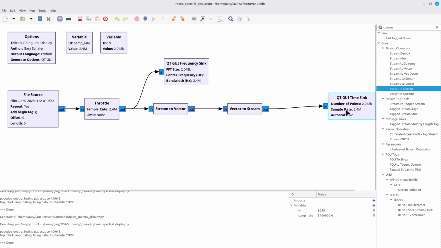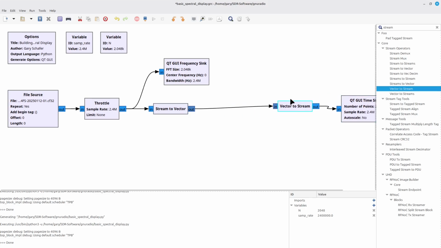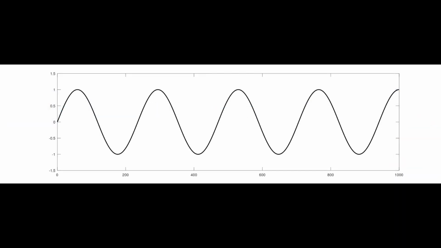The next thing that I'm going to want to do is add a window. Now, to understand the window, we need to take a step back for a second. The FFT is a block-based algorithm. What that means is it's going to take in a set of samples such as this here, and it's going to feed them into the FFT algorithm all at the same time.